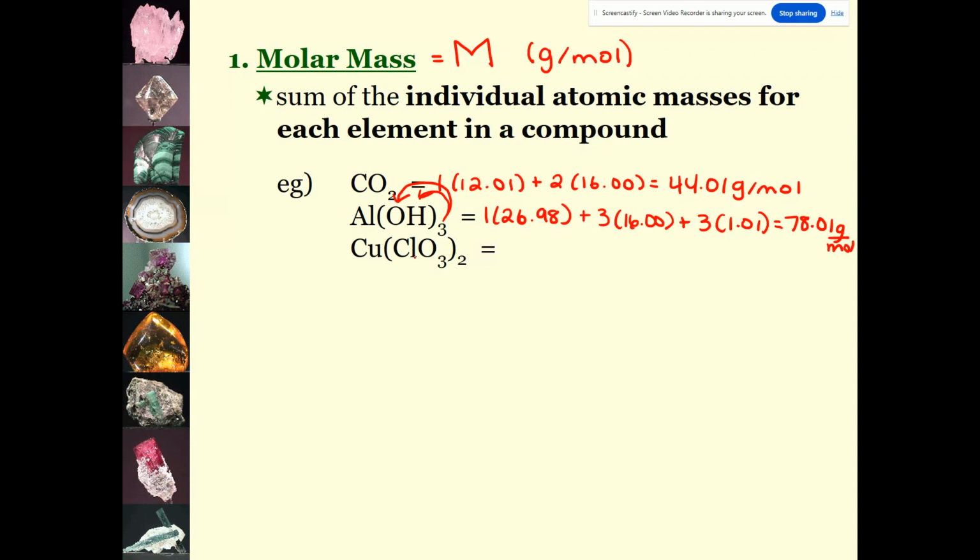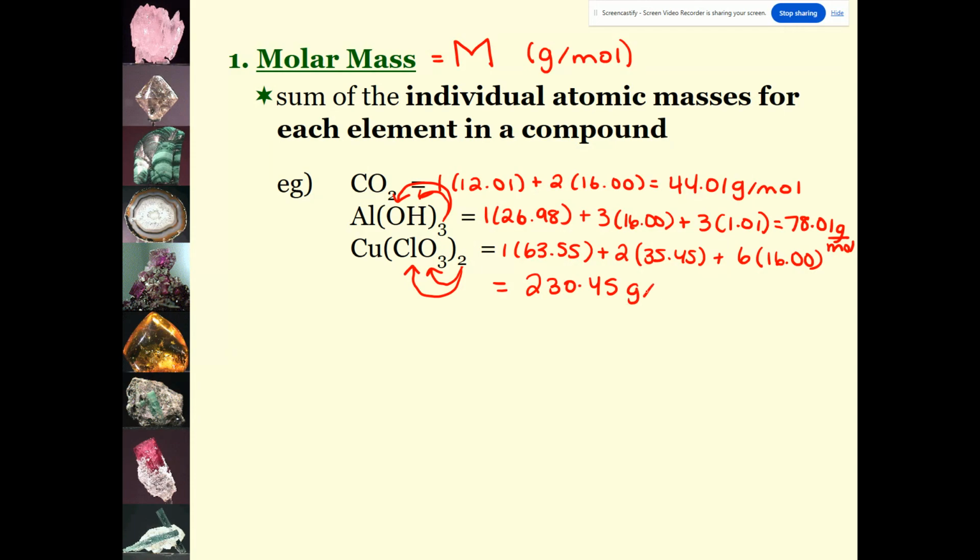And the last one, think of the name of this polyatomic ion, because sometimes students ask, is that carbon and iodine or is that chlorine? The name is chlorate, meaning chlorine. Okay, so I have 1 copper. Copper is 63.55. I have, again, in brackets, a 2 after the brackets. So that means there is 2 chlorines, which are 35.45, and 6. 3 times 2 is 6 oxygens. Okay, so 63.55 plus 2 times 35.45 plus 6 times 16. We get an answer of